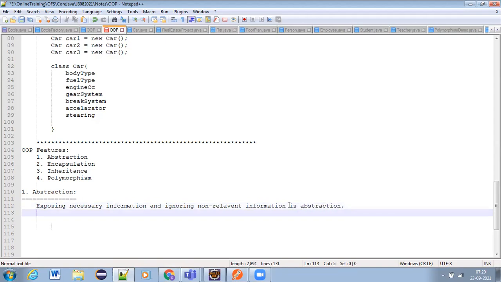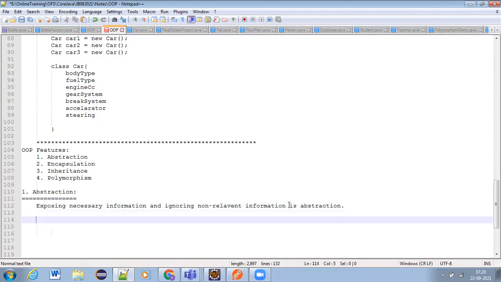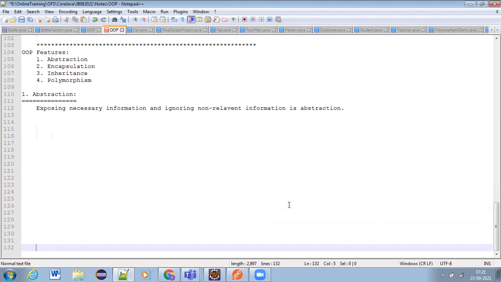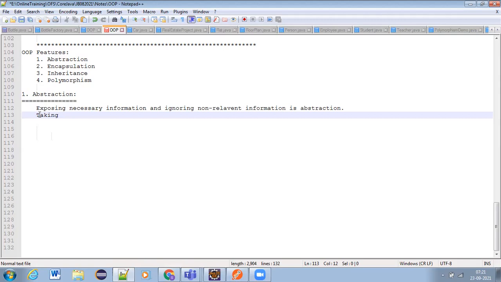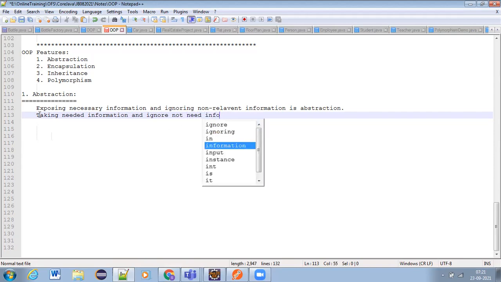Now, in other words, in simple general English, what we can say about abstraction: taking needed information and ignoring not needed information or not needed things.